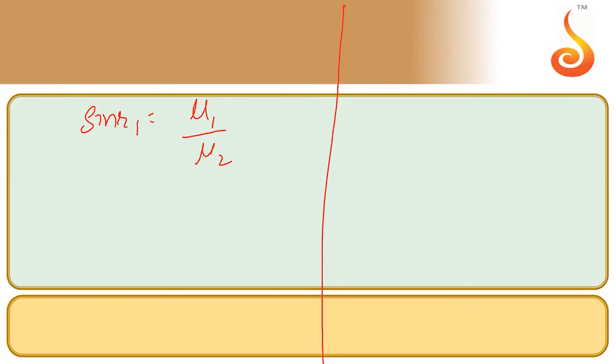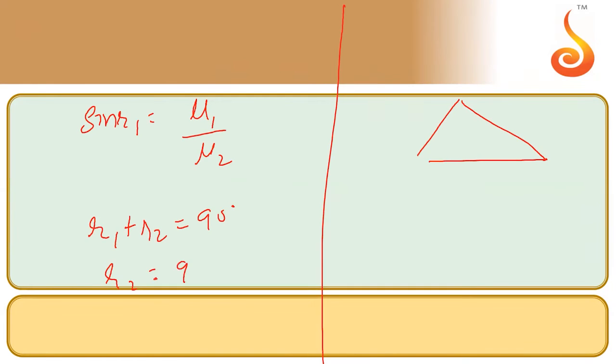I also wrote down that r1 plus r2 is equal to 90 because it was a right angled prism. So r2 becomes 90 minus r1, and sine r2 becomes equal to cos r1. Avikal and Neeraj and those other few people who asked, is it going okay till now? Are you figuring out what we are doing? Because in the next step, I will get the answer directly for you.